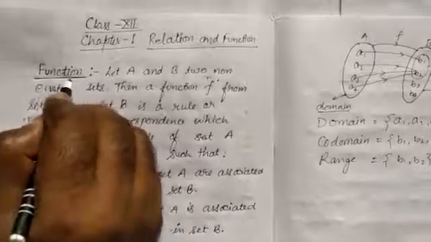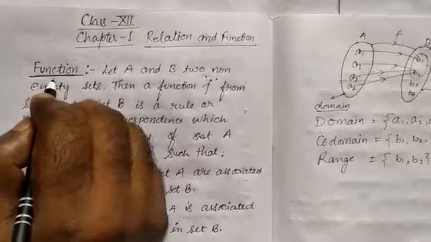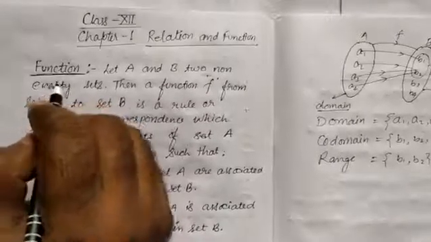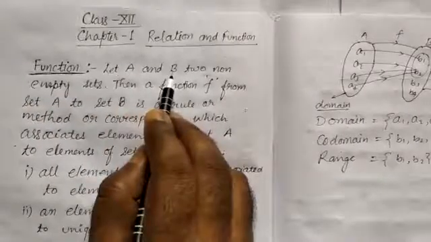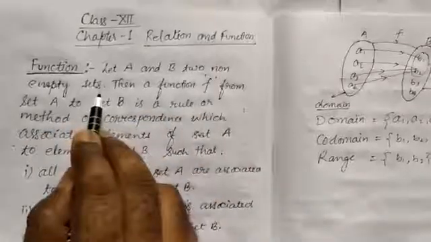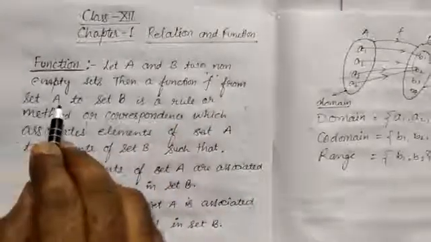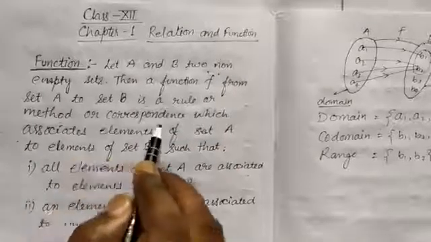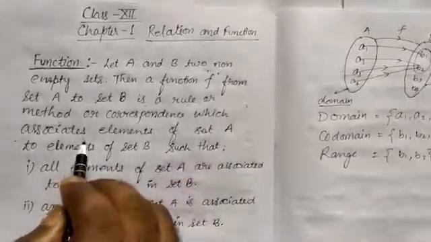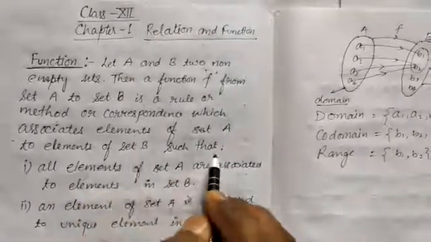Now see carefully the function. What is the definition of function? This is also a type of relation. Its definition is: let A and B, set A and set B, be two non-empty sets. Then a function f from set A to set B is a rule or method or correspondence which associates elements of set A to elements of set B such that